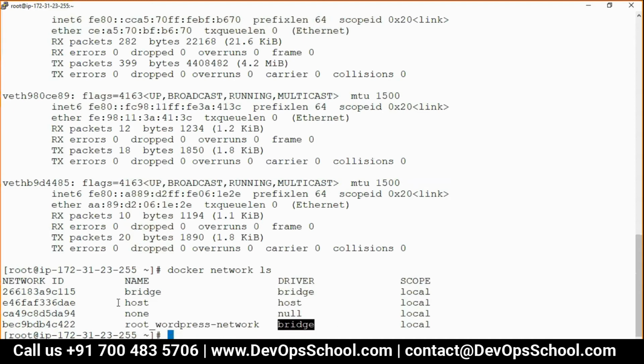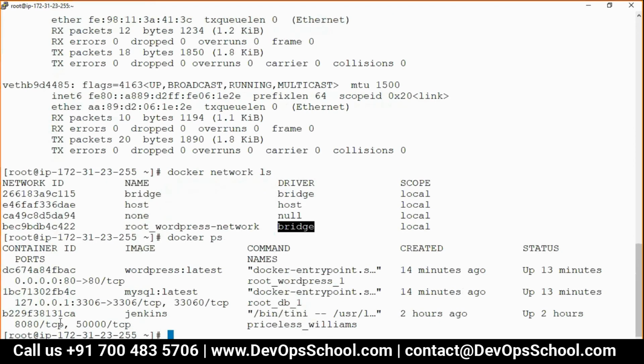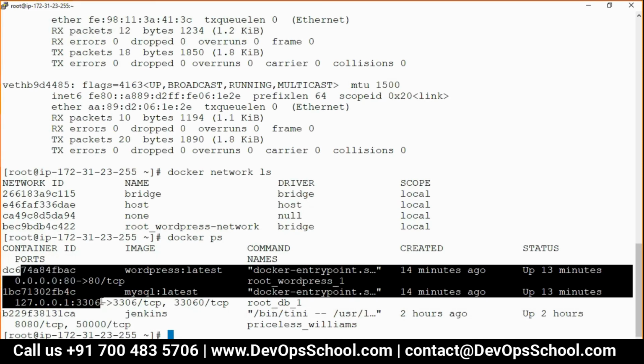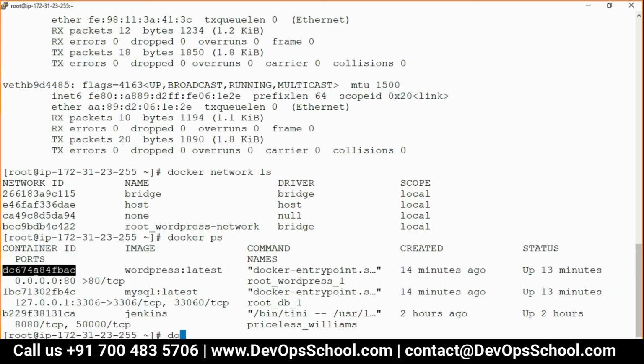Now you have the 3 containers, right? Docker ps. You have 3 containers, right? See here, 1 container, 2 containers, 3 containers. So this is the default bridge because I did not select it. But these 2 containers are running with the WordPress bridge, connected to the WordPress bridge. Now you want to validate, you know the command: docker inspect container, grep -i IP.